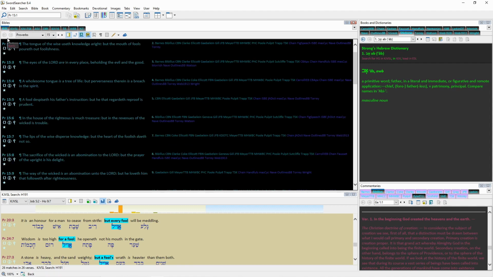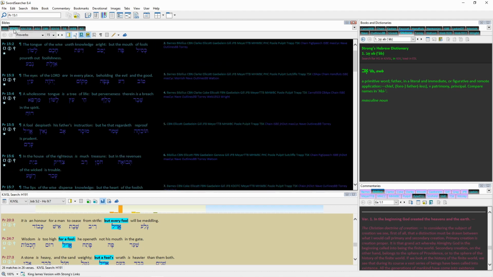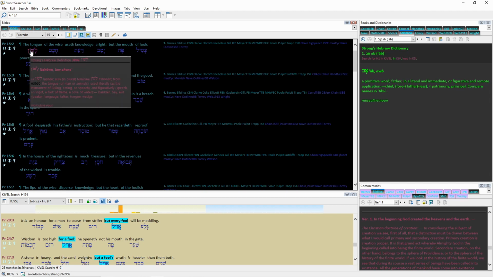Here's your KJV. This is just the scripture, no Strong's numbering system or Strong's links. But if you wanted to study individual words, do word studies, this will bring up the actual Hebrew of the scripture. From this point, you can hover your mouse over it, and it'll bring up the word, how to pronounce it, and what the numbering system is.